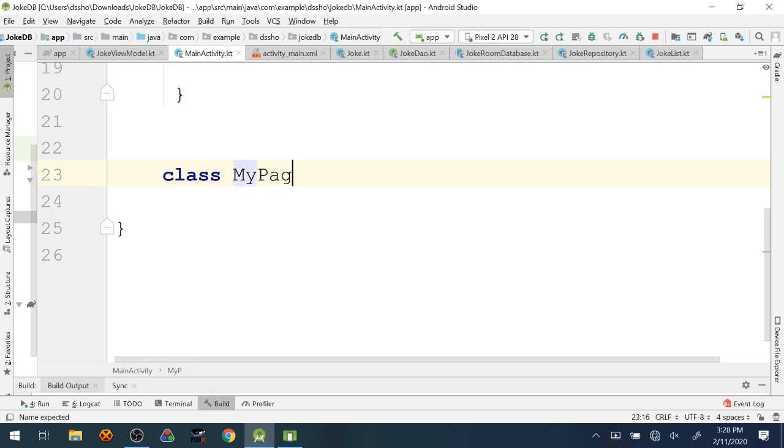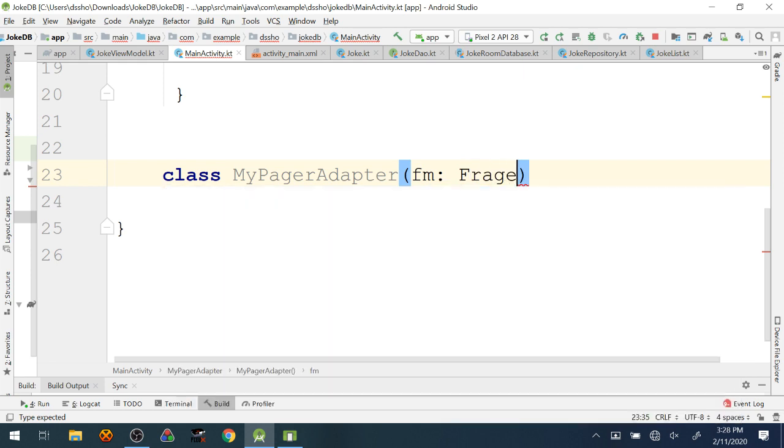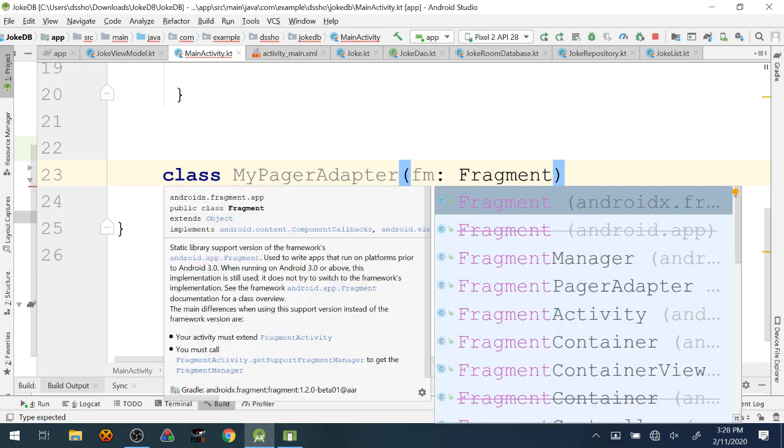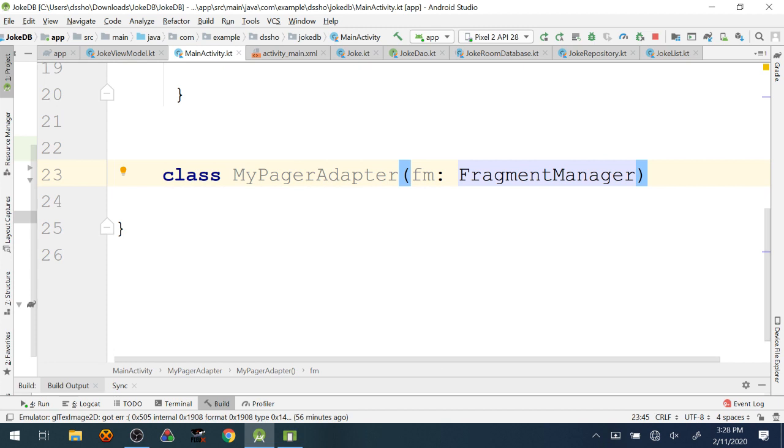So I'm going to make a pager adapter class. It's going to accept the fragment manager, because as part of the pager adapter's job, it's going to swap fragments in and out as I select different tabs. So it needs the fragment manager to do that, much like we've seen the fragment manager used to swap out fragments in other apps.